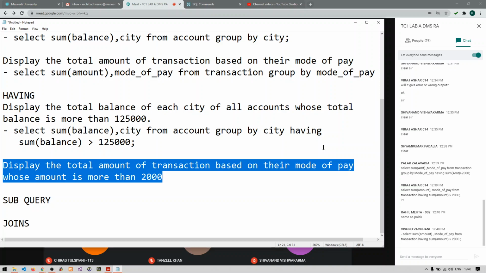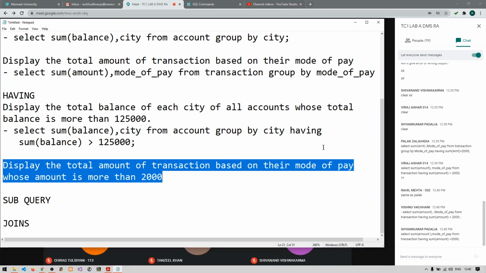I regret to say that all of your answers are incorrect. Please read the question properly. Display the total amount of transaction based on their mode of pay whose amount is more than 2000. I have not said total amount is more than 2000.